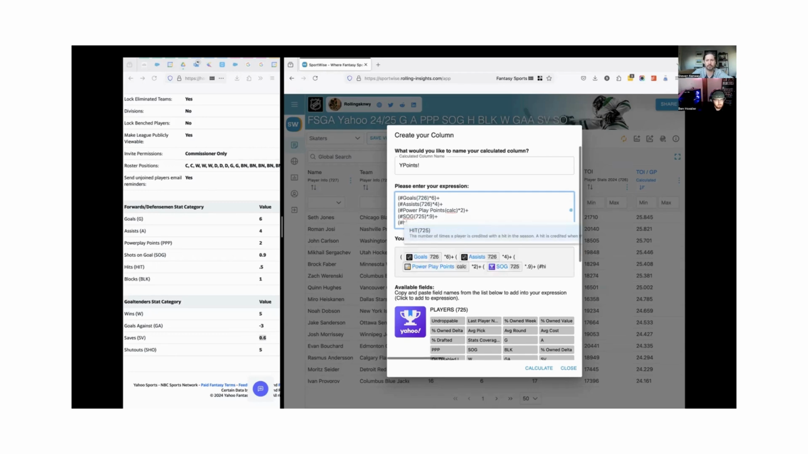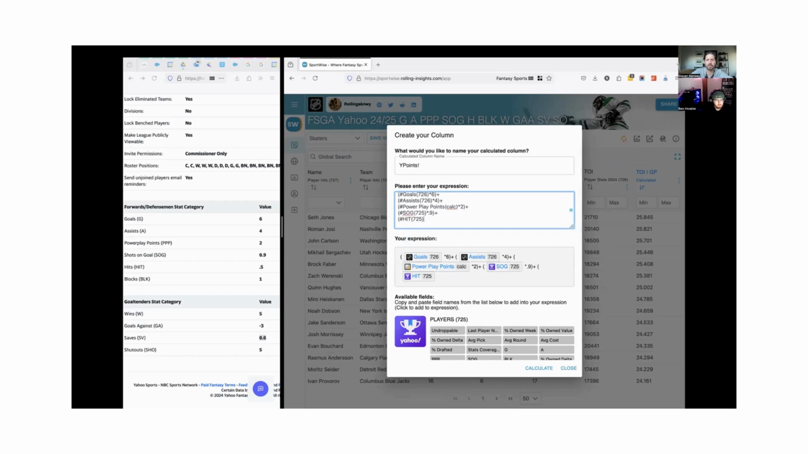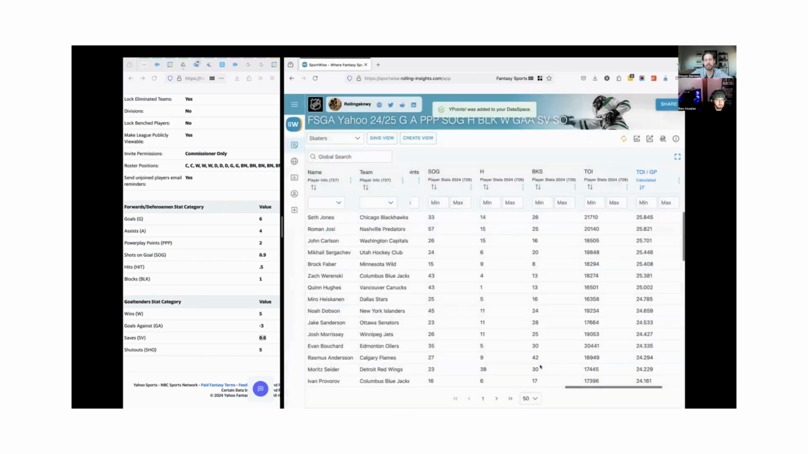Okay. Hits times 0.5 and then blocks times 1. Okay, so that's all of the skater categories. I don't need to add any of the goalie categories. So we'll click calculate. Hopefully I haven't made any mistakes. And then we've got